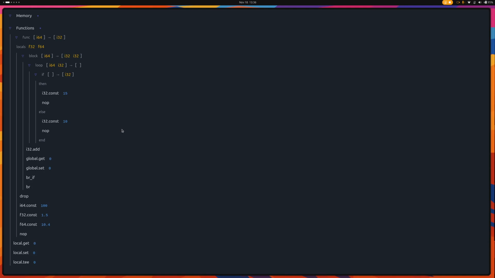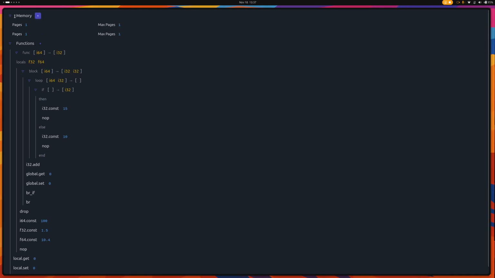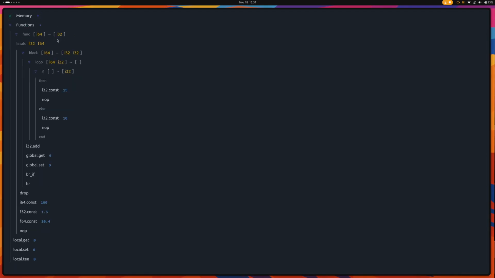In the future, I'm going to add probably, on the right side, a panel to see the hex view of the module you're building, maybe the text mode, maybe some interpreter or something like that. But right now what I have is two top level sections: memory, where you can add one or multiple memories, and functions. You can add your own functions,